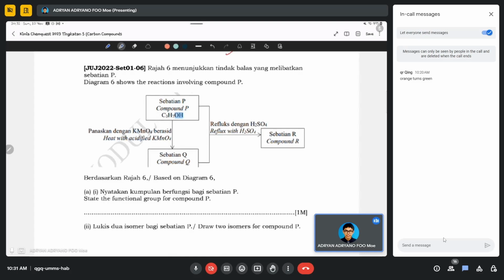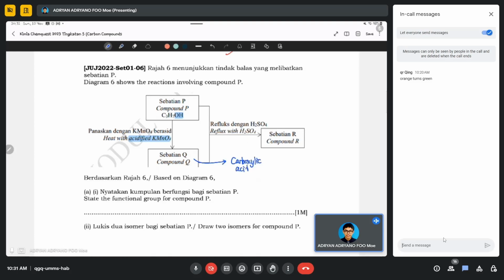Then they said, heated with acidified. 这个不用想咯 compound Q 一定是什么 carboxylic acid. 为什么？因为我知道 that when alcohol 我加一个 acidified potassium manganate or oxidizing agent 我一定会拿到 carboxylic acid。已经 fix 了的，这个是我自己的理解。